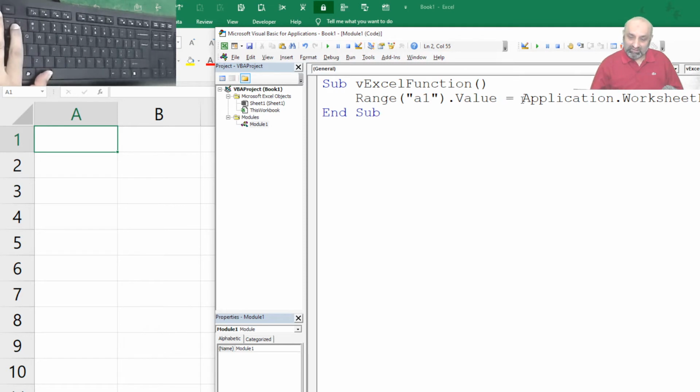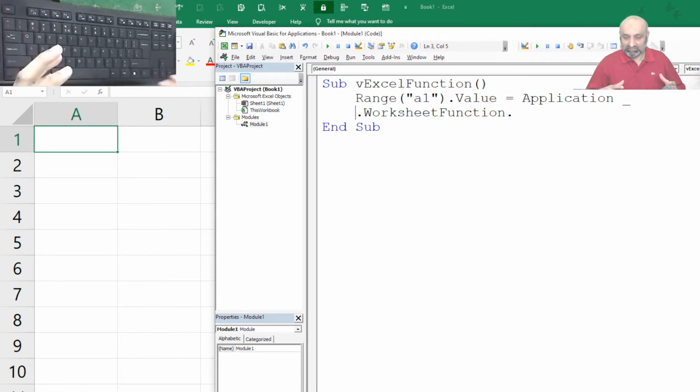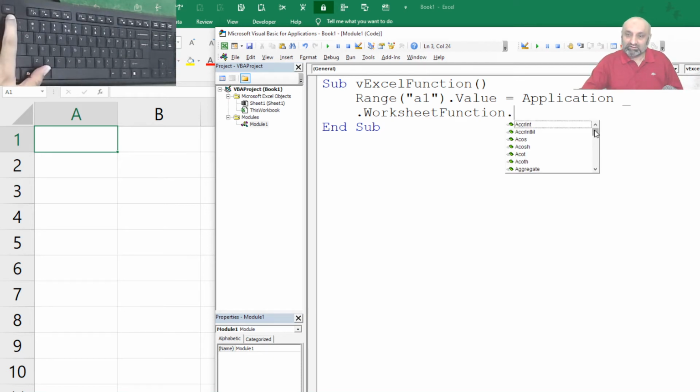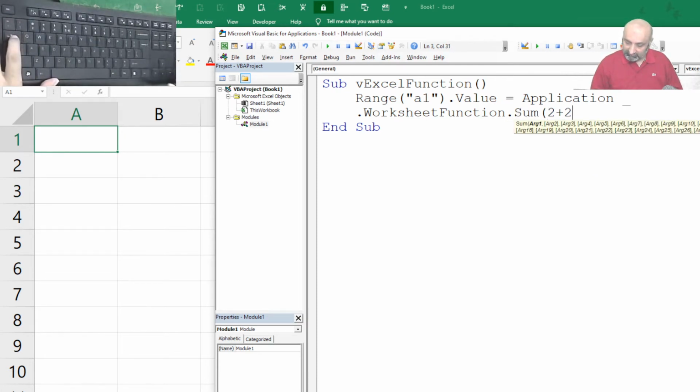As soon as I put a dot, let me put this on the next line by putting a space and an underscore. You know, a space and underscore means that the command line is continuing and Excel accepts it as a single line command. So when I put a dot, all the Excel functions that you can use in VBA appear in this list. From this list, let's use Sum(2 + 2), enter.